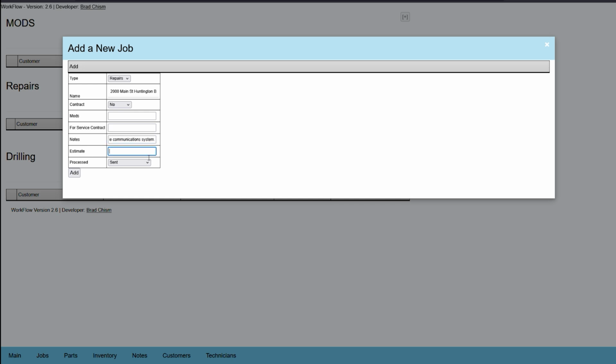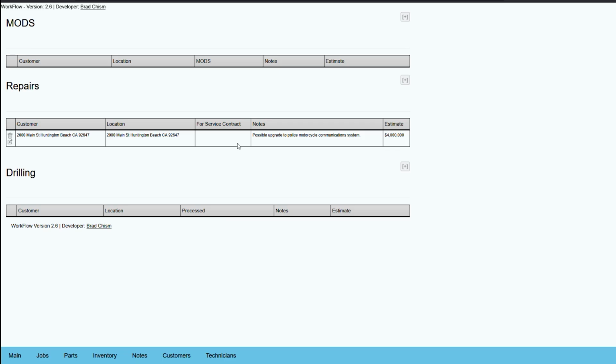Estimate, because this would be a government contract, and we know how government contracts work, or some of us do. We're going to select this as a $4 million estimate. We're going to select waiting, and when we click add, you see here, under repairs,